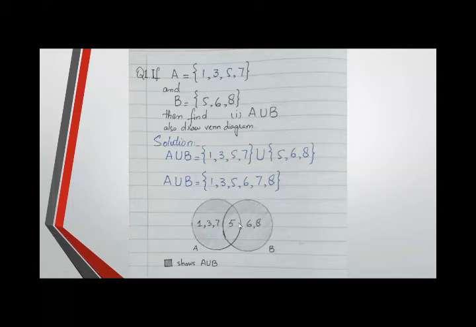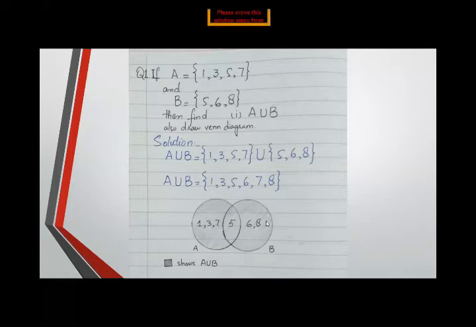Firstly, we write the common member in the central part of this Venn diagram. Here we write 5 in the center of the diagram, which is the overlap. Now the remaining elements of set A we write in the set A section only. We already wrote the 5 in the central part of this diagram. The remaining numbers are 1, 3 and 7, so we write them here.